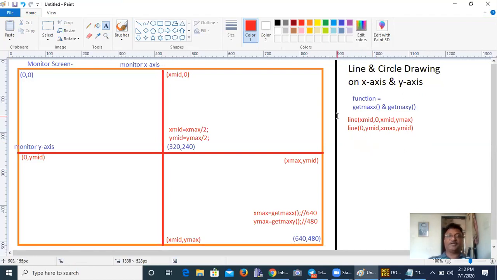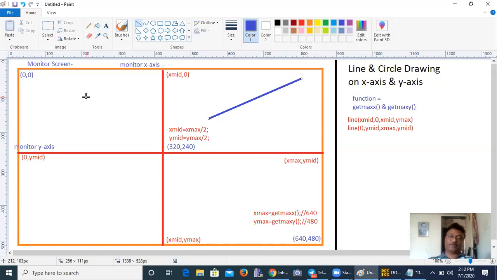Now suppose I need to draw any line or any circle. Whenever I am going to put any line or circle, suppose I have considered the color blue for the line drawing. So this is suppose my point, starting from this to this over here. What points can the user enter? 10, 10, 100, 100, suppose. The user can enter 10, 10, 100, 100. But this is your first quadrant, where both values are positive, so the line should appear in your first quadrant.